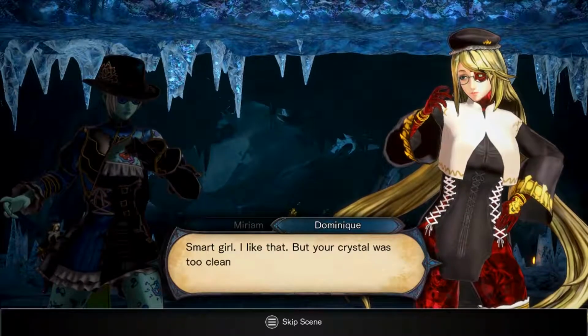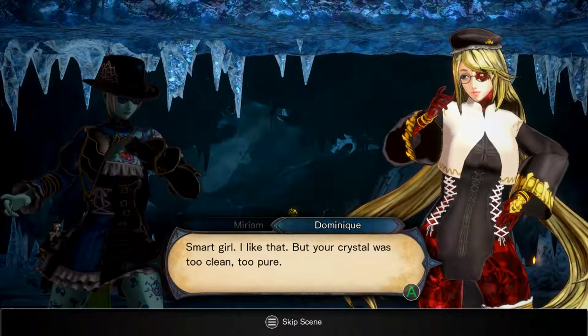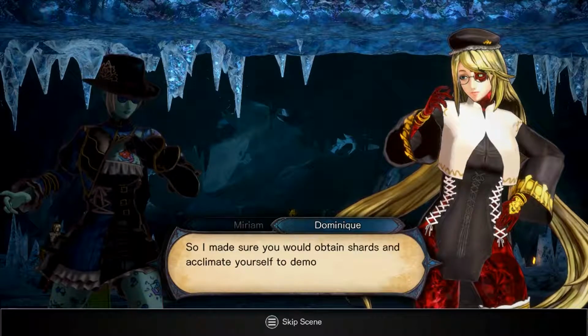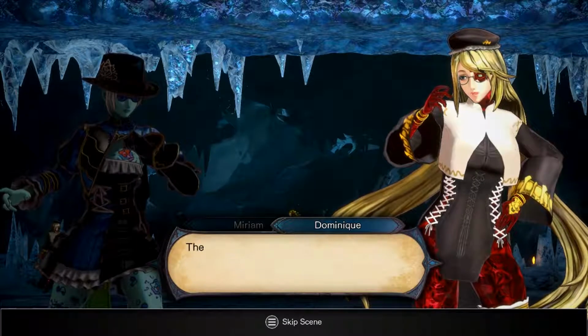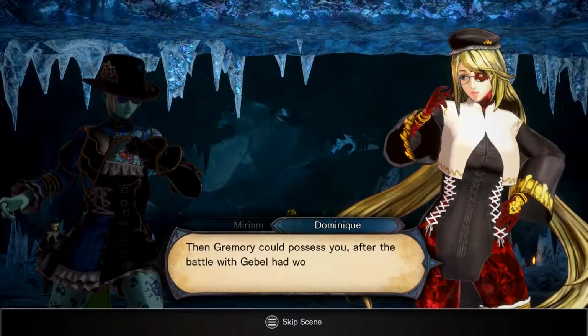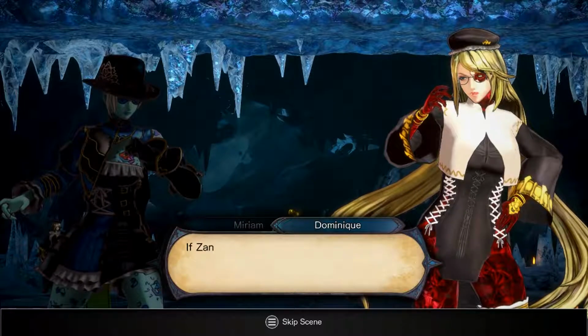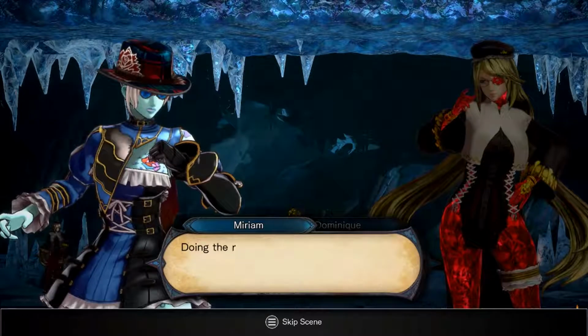Smart girl. I like that. But your crystal was too clean, too pure. So I made sure you would obtain shards and acclimate yourself to demonic power. Then Gremory could possess you, after the battle with Jeeble had worn you down. If Zangetsu hadn't betrayed me...